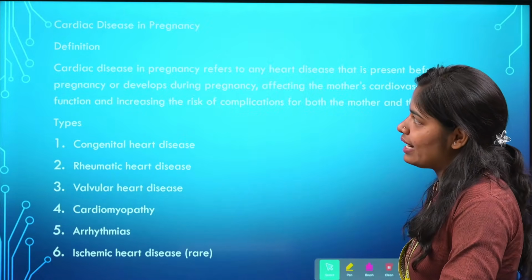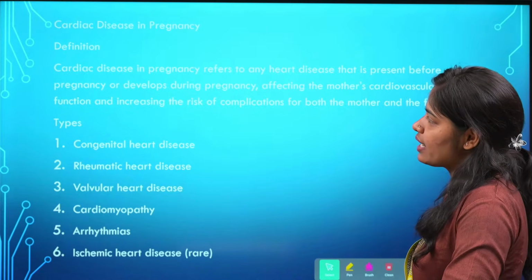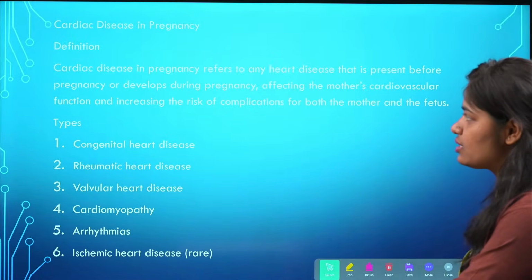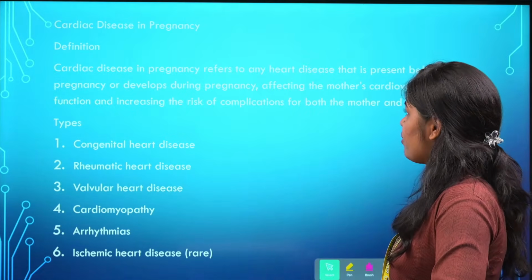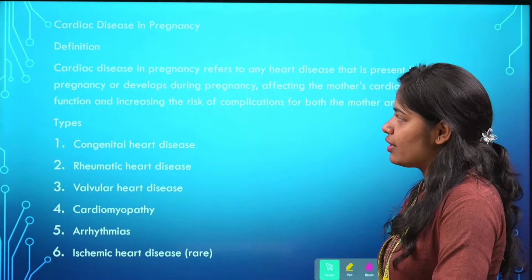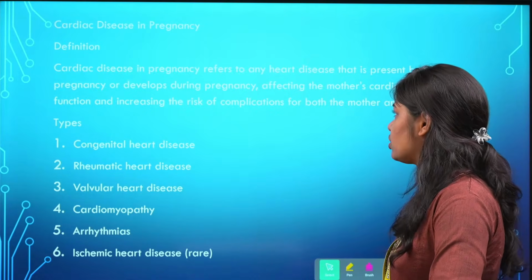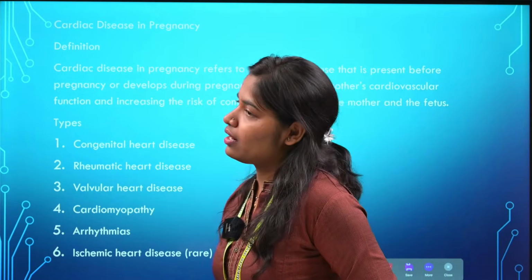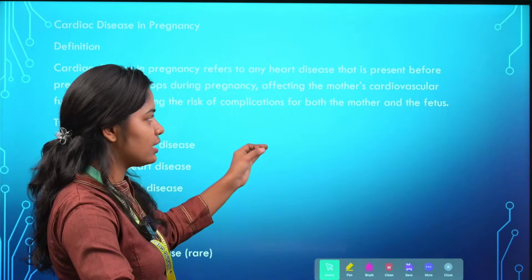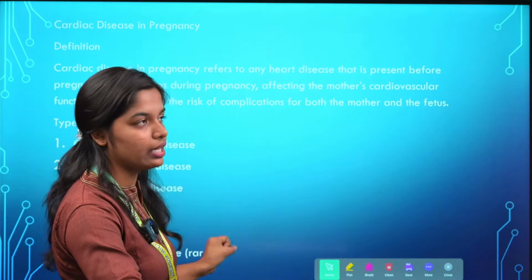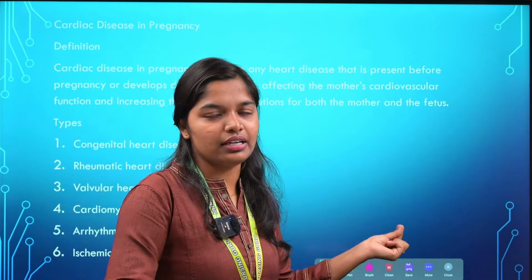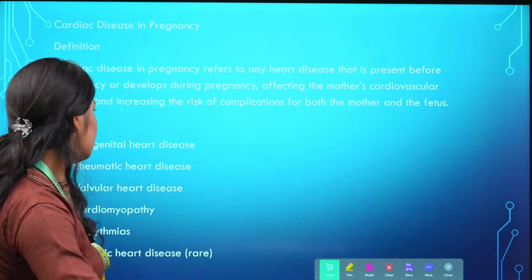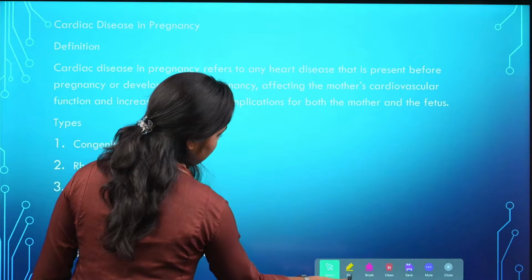Next condition is cardiac disease in pregnancy. Cardiac disease in pregnancy refers to any heart disease that is present before pregnancy or develops during pregnancy. It affects the mother's cardiovascular function and increases the risk of complications for both mother and fetus. Cardiac disease in pregnancy is a condition that refers to any heart disease that occurs at the time of pregnancy. It may affect both mother and fetus, and the main thing here, it is going to affect the mother's cardiovascular function. The types of cardiac disease in pregnancy include